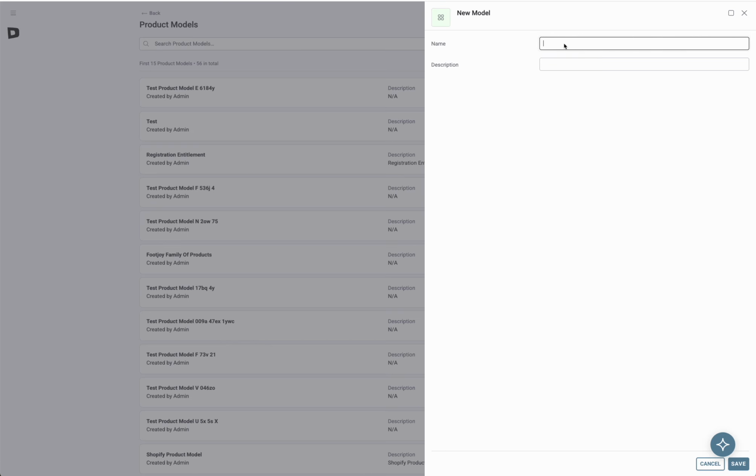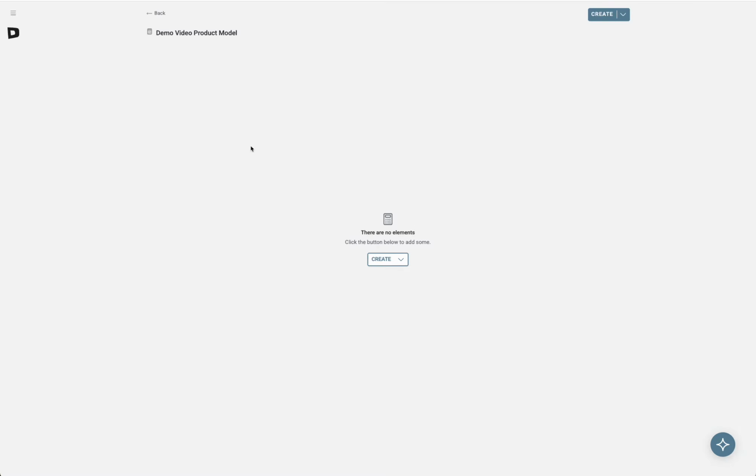So this is going to be our demo video product model. And we'll just paste the same thing into our description. Once we say save, we now enter the UI to start building out what is going to be our product determination models, or in other words, what products a person is going to see based on specific